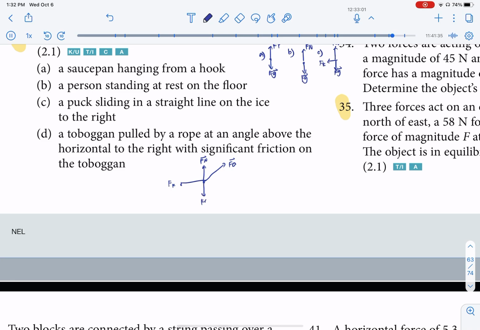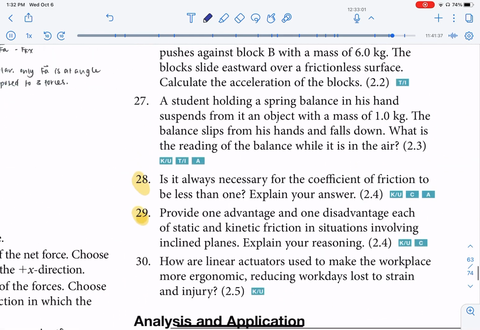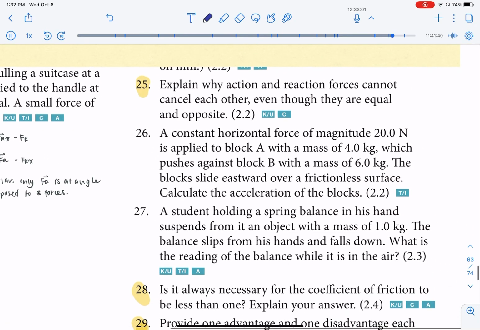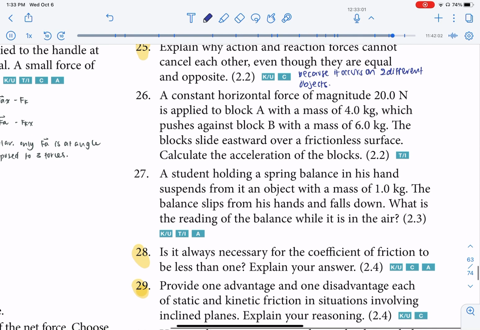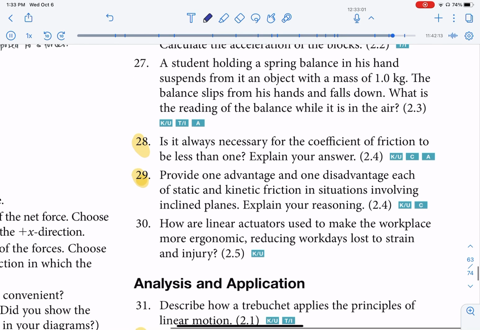Number 43 on page 102. 43 is the same as the flight question, the one we just did. Only you're given the angle this time, and so when you look at it,